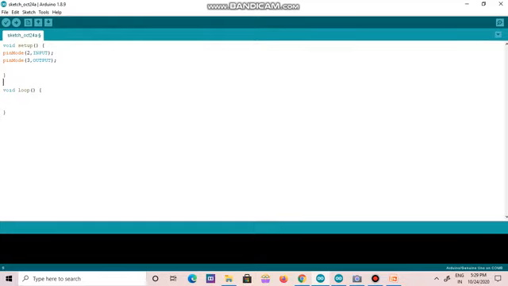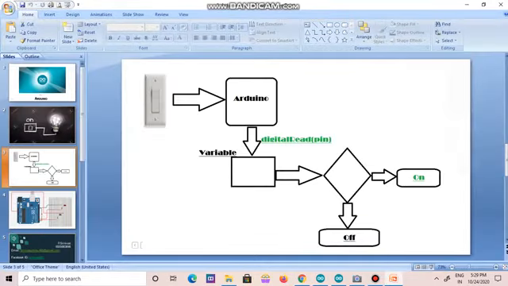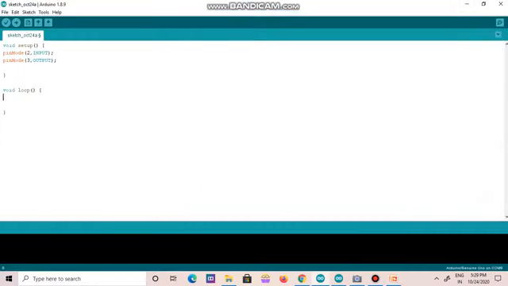So this is fine. Now what? Now it's time to write the condition. Before writing the condition, let's check what is happening. Initially the button is pushed, right? When the button is pushed, the information will be read by the Arduino. And how is it doing that? It is doing it by digitalRead. So we need to first assign a variable x, and this is going to read the value using digitalRead. All are small letters except R, and we are reading from pin number 2. This is fine. This is completed.